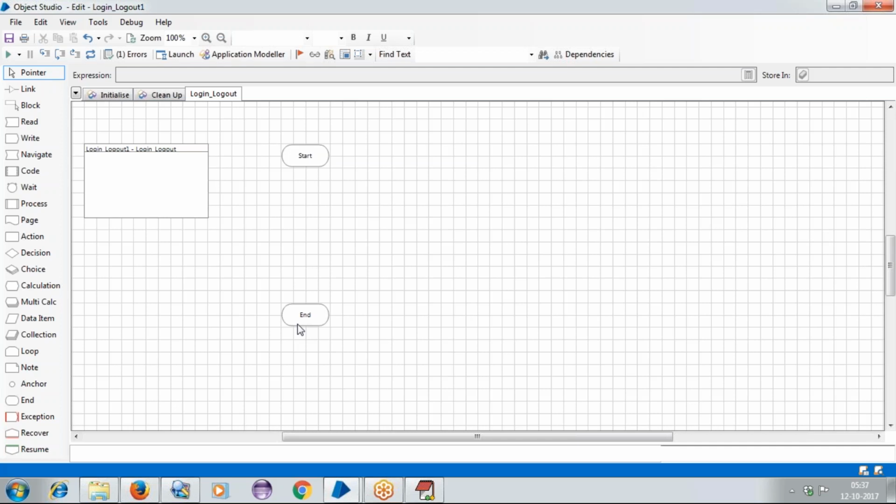If you want to open any application, we need to provide the URL details, nothing but the application details. To provide all our application details, we need to create it with the application modeler. So here you will have the application modeler option. Now you will click on application modeler.